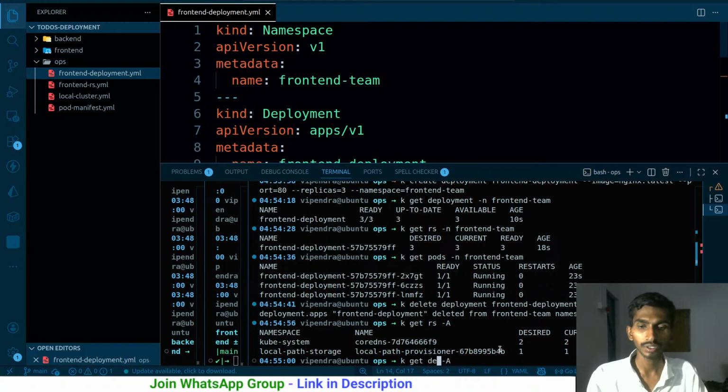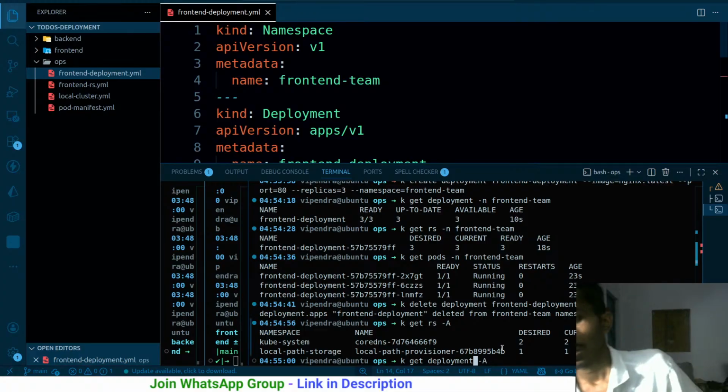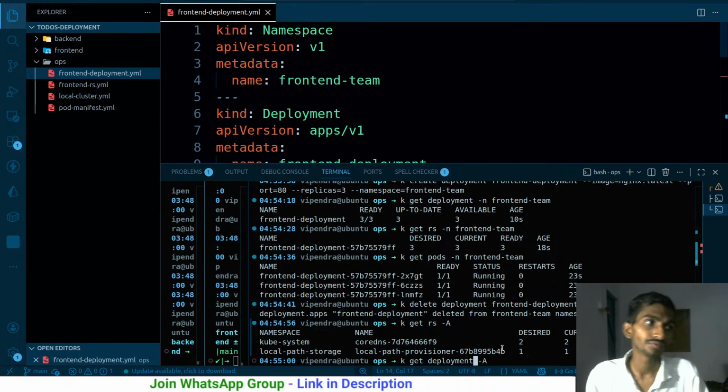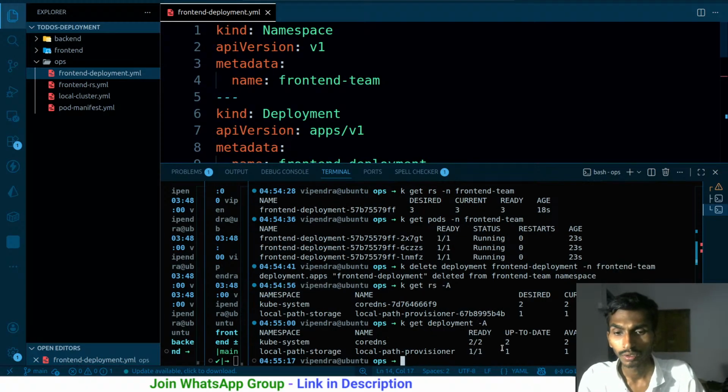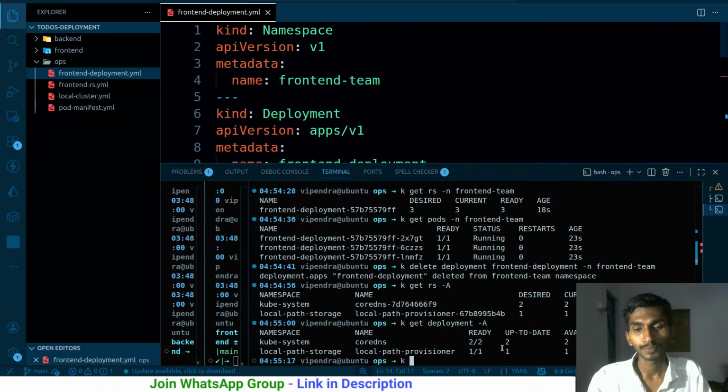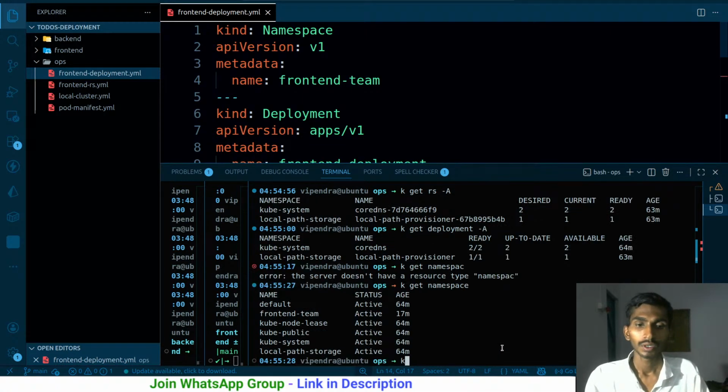I wanted to get the deployment anyway. Deployment. If you just mention -A, capital A, it will give the deployments that belong to all the namespaces that you have right now. So well, we have a few deployments running, but they belong to the system, not to us. Okay, so this particular thing is done, and k get namespace, k delete